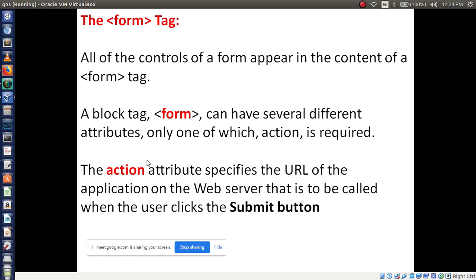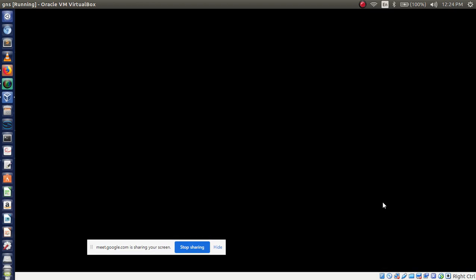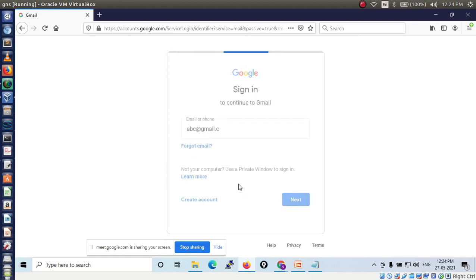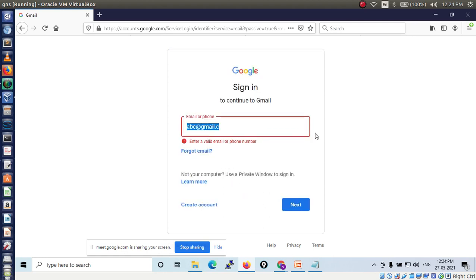See, after submitting this Gmail ID here, then if I click on next button, all of you see, if I click on next button, it will take to next page. That we can call action.